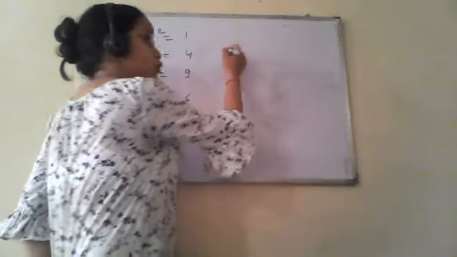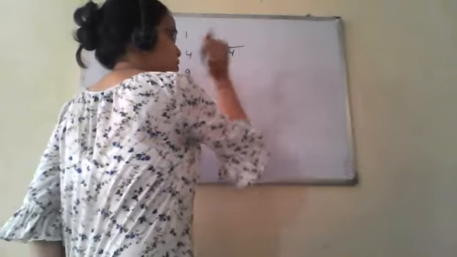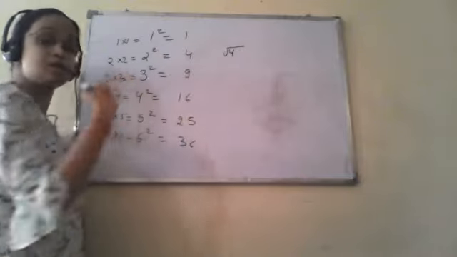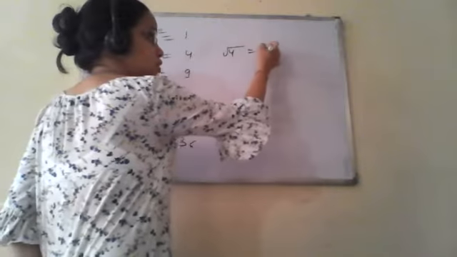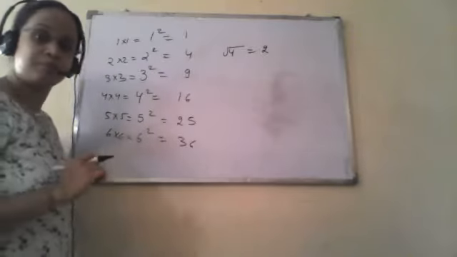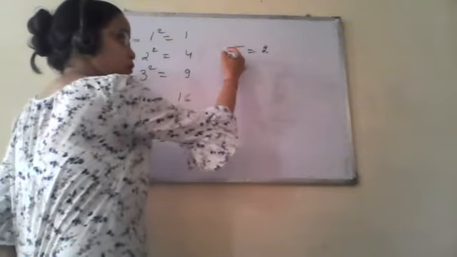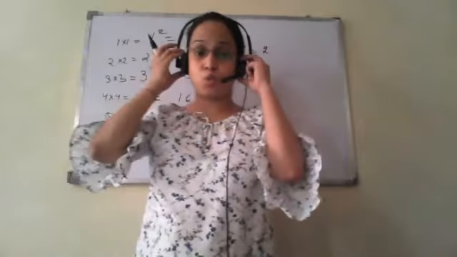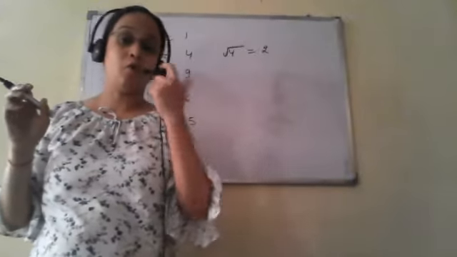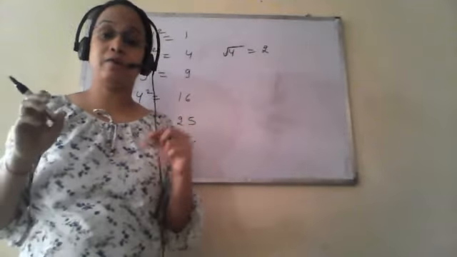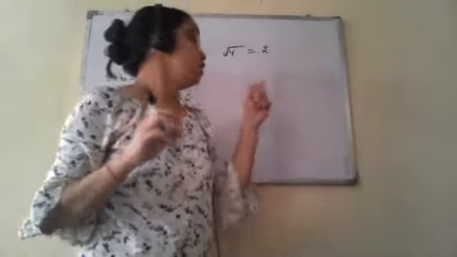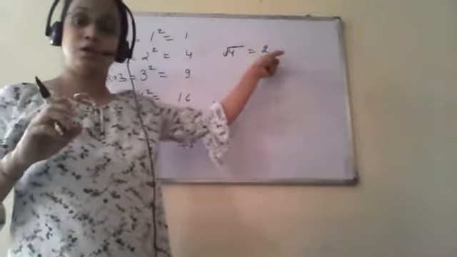What if we want to find the square root? If square of 2 is 4, then the square root of 4 is 2. Clear? Right now we have been finding the squares of numbers. Now we will be given some perfect square number and we have to find the square root of the same number. So the square root of 4 is 2.